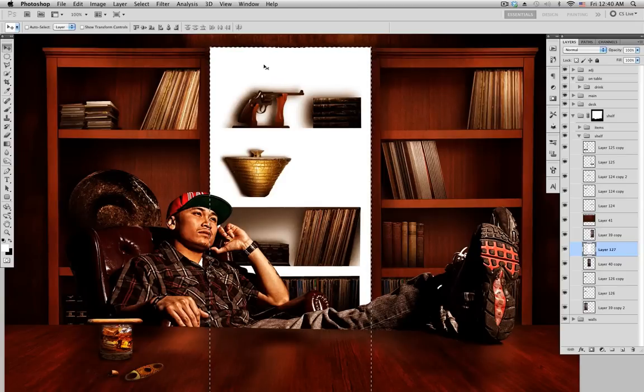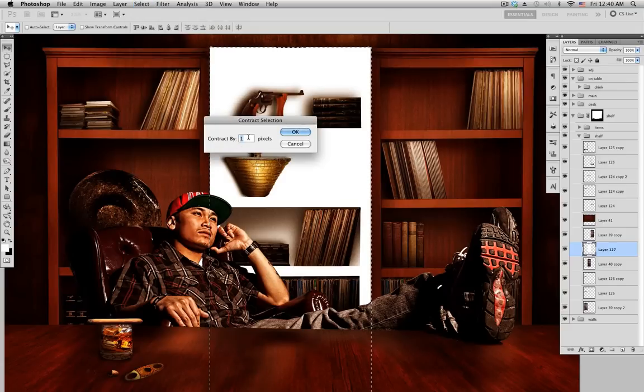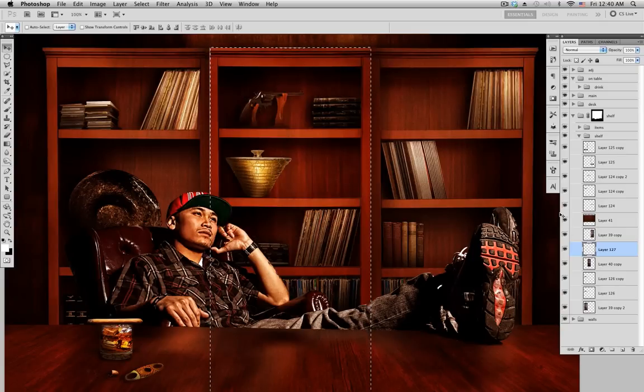it will fill it. And if you go to the select, modify, contract. So usually I do 1 pixel or 2 pixel. So let's try 1 pixel. Click OK and click delete. You can't see it right now, but if you click Command D to deselect it,